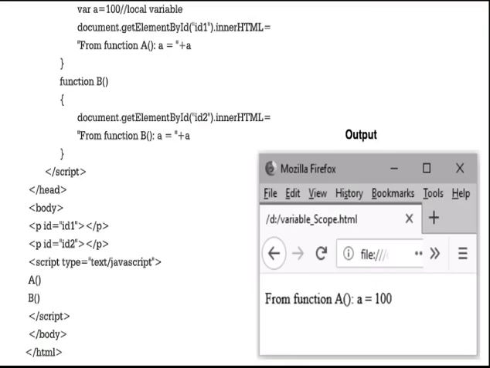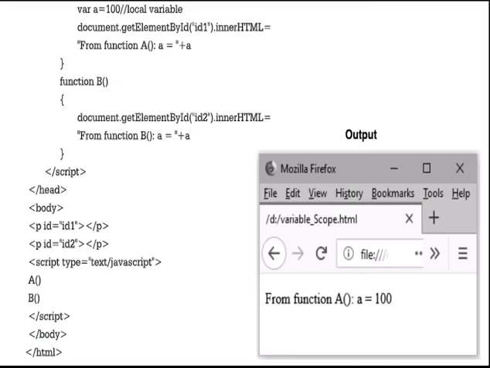Then document.getElementById, id1, id1.innerHTML is equal to. This is the same as writing the document.write method. If we want to display anything on the screen, we can use the getElementById method instead of document.write.